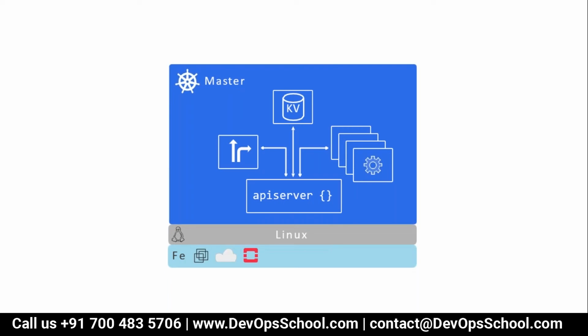If you don't understand this architecture, the entire remaining 2 days will be wasted, so I request you all to focus on it. So guys, the master has 4 components. One of the components we call the API server. Okay, cool. API server.